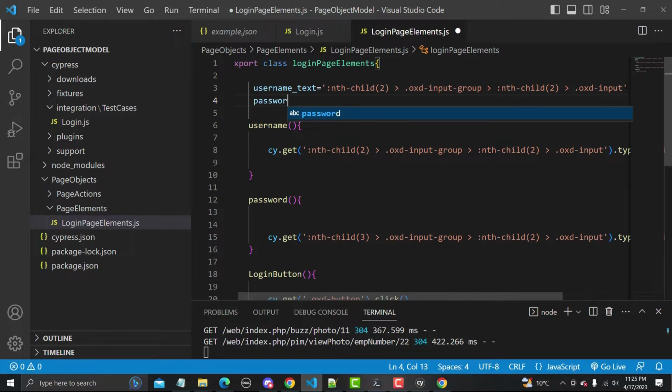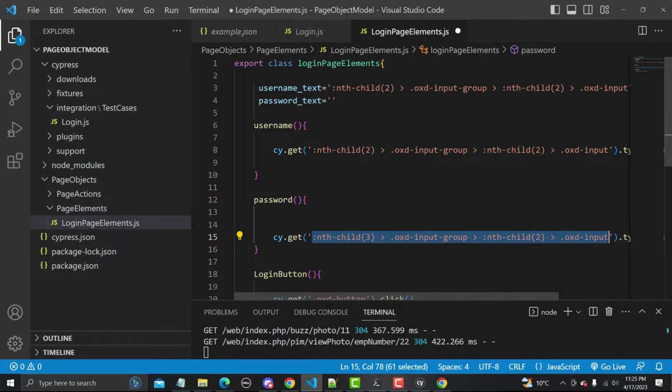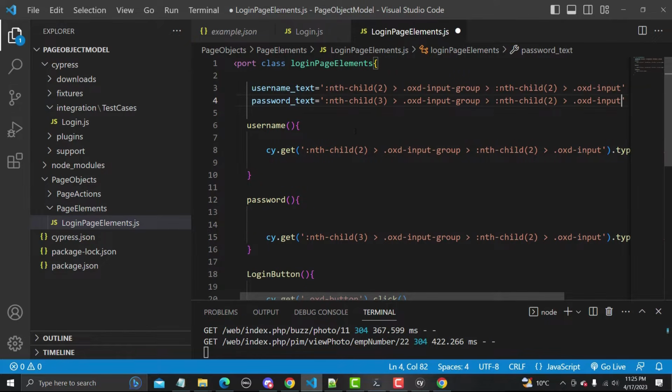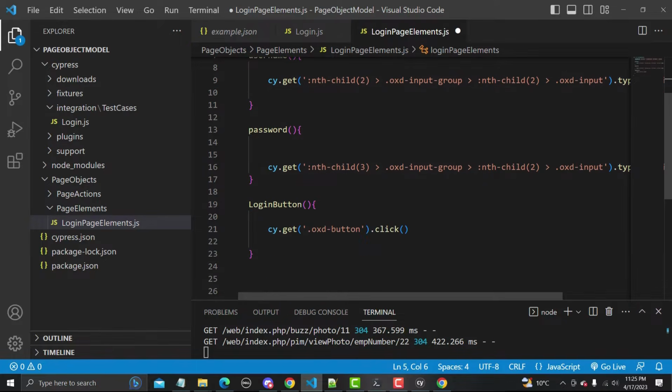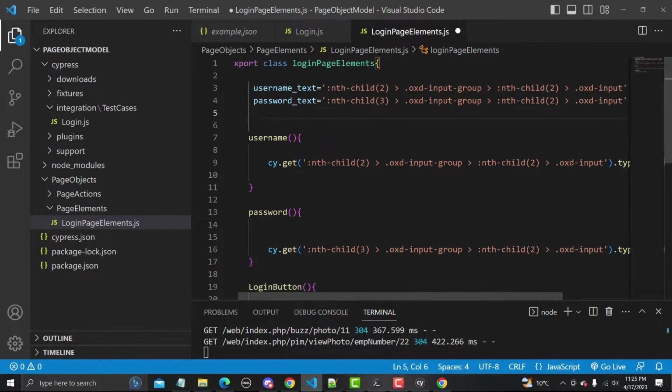And similarly password underscore text equals to, we need to provide this one from here, copy and paste. And the third one is basically our login button. Let me copy this one from here, and login underscore button is a variable, and here I have provided the locators as global variables.